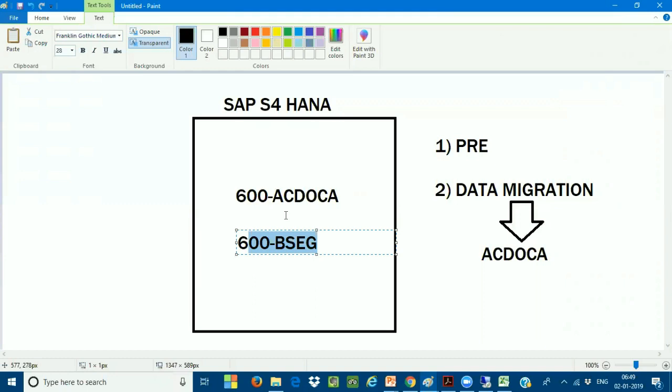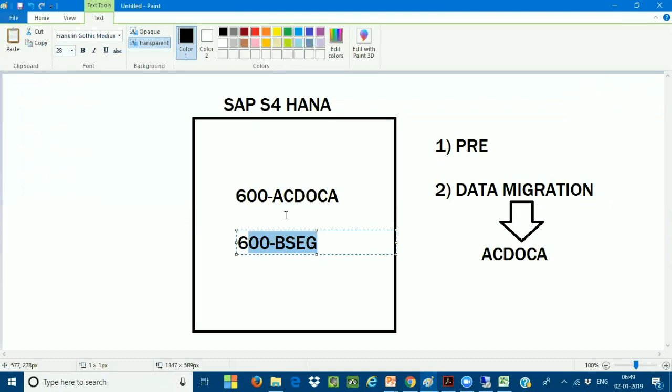If I am writing a new report based on entry view, then I need to call BKPF as well as BSEC? If you are writing a new report just for the entry view, you can call the ACDOCA table, sir.